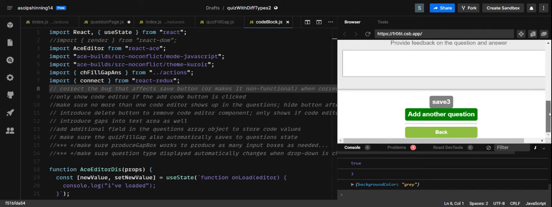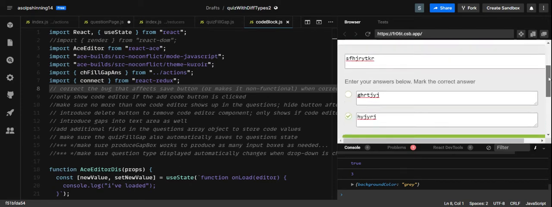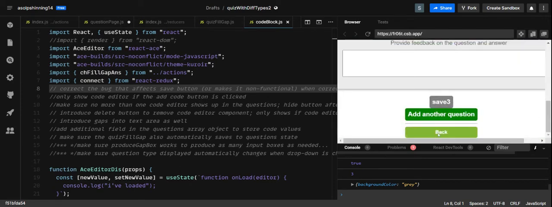All right. The only thing I need to do now. Let's see if the back button is still working. If I go back, it will probably not work. So 2 things I need to correct right now. Add another question, I need to look into it more closely. The back button will be confused right now. Actually, before I click it,